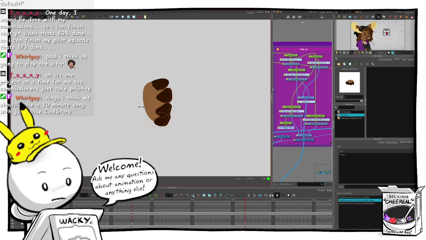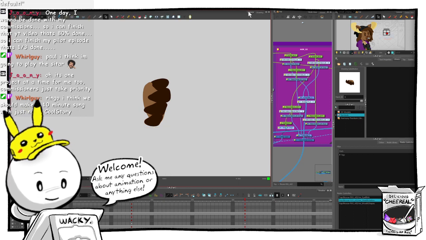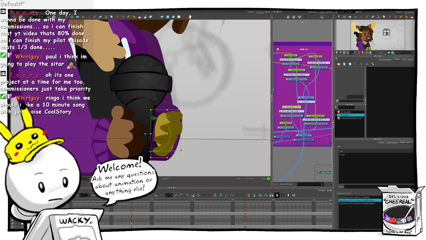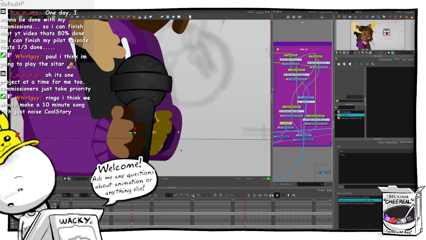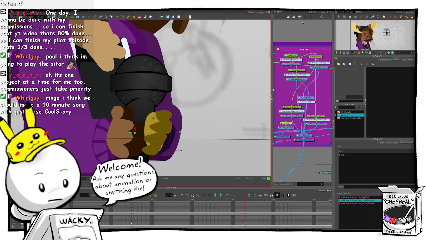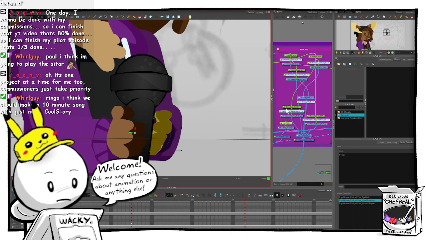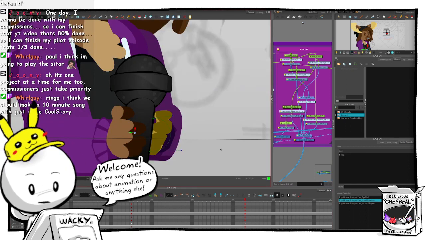Make these a bit bigger. There we go. Now we have a quick foreshortened hand. Needs to come forward in space? Not quite. So those fingers are definitely on the overlay layer.